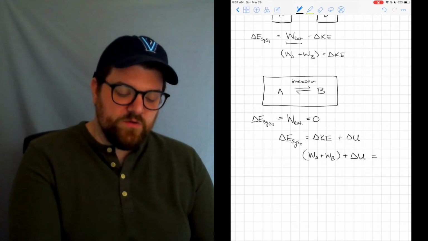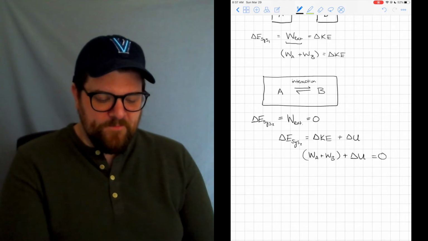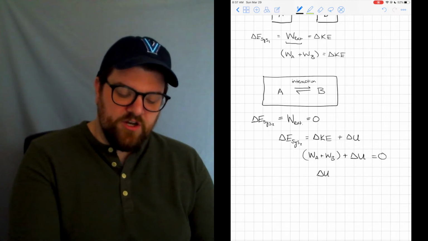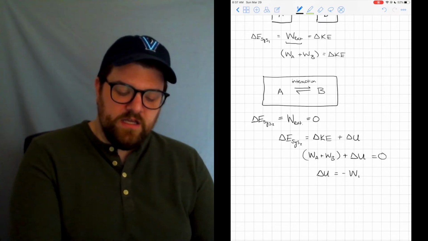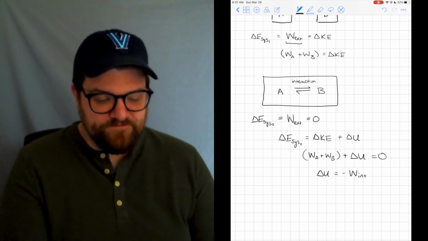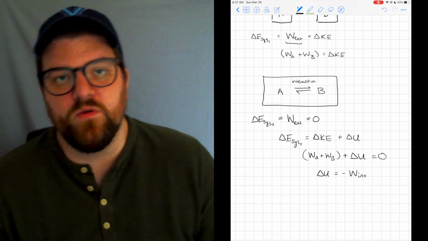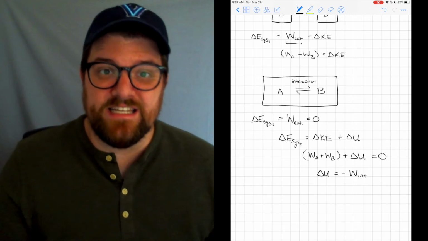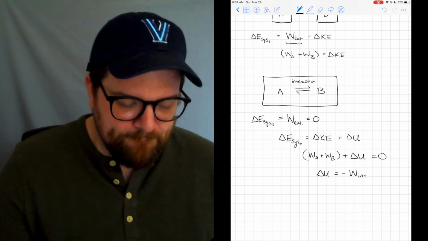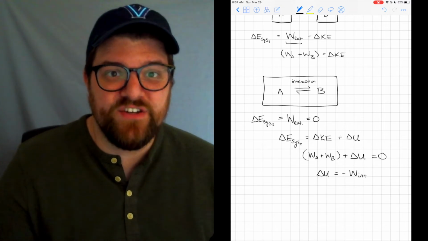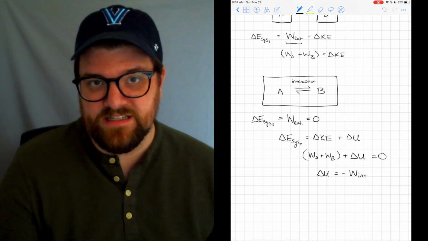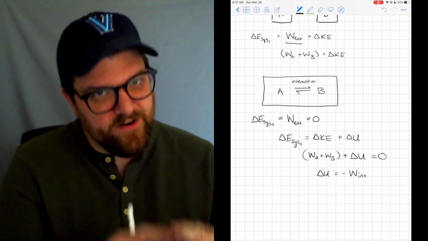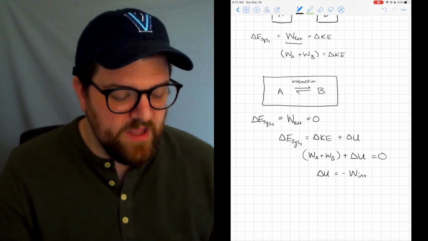We've said that that was equal to 0 by definition here, right? So now what I'm saying is that the change in potential energy is equal to the negative of the internal works being done. Work generally, if it's positive, is increasing the kinetic energy of a system. And if it's negative, we're actually going to increase the potential energy of the system, right? Now this only works for internal works, and we've got to be careful about how we're drawing our systems here, but